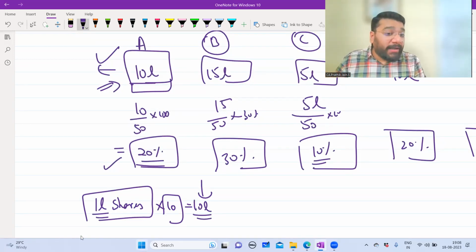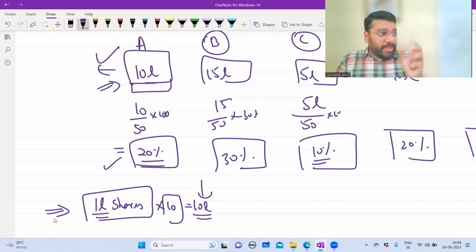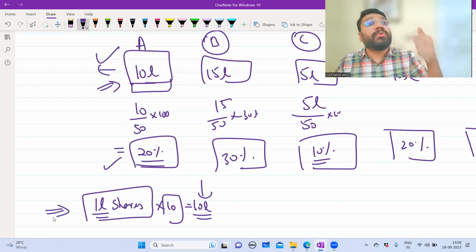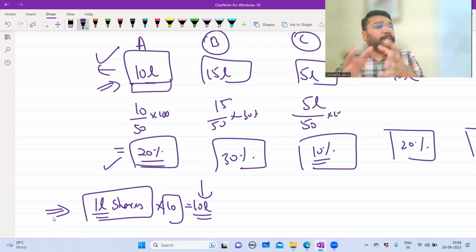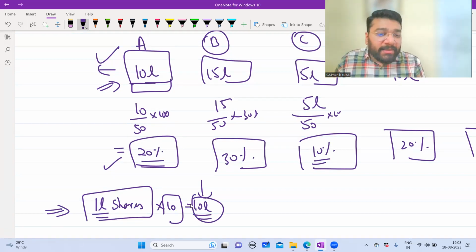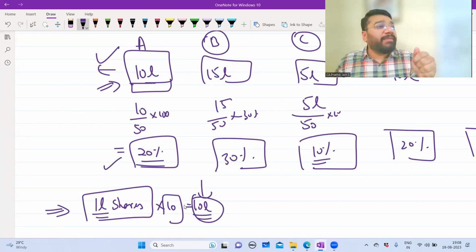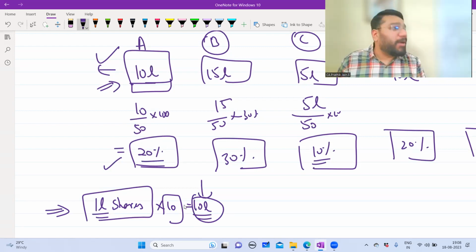Now, why has this been done? The beauty of shares, the number of shares, when you understand this entire concept, you will really appreciate why this has been derived. This 1 lakh shares into 10 rupees, which is just 10 lakh rupees. This concept you will really appreciate when you understand the entire concept of company accounts.